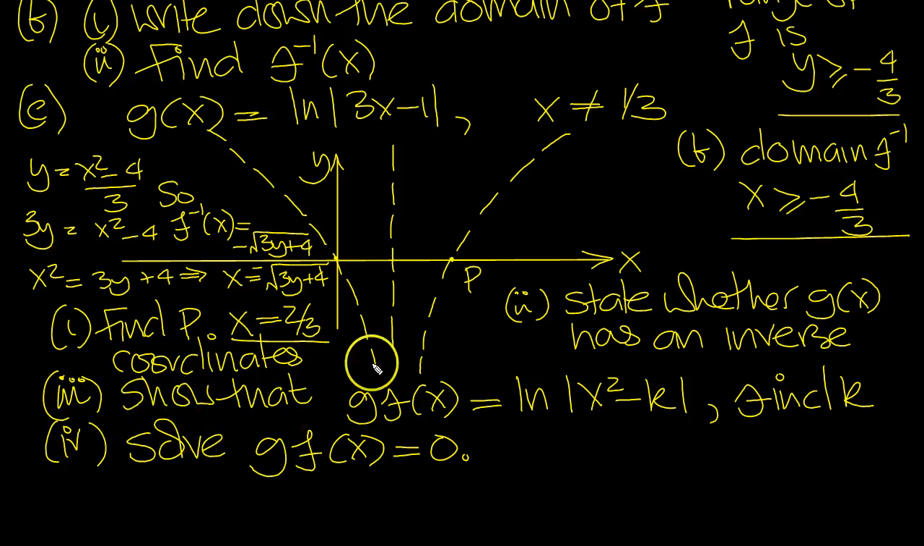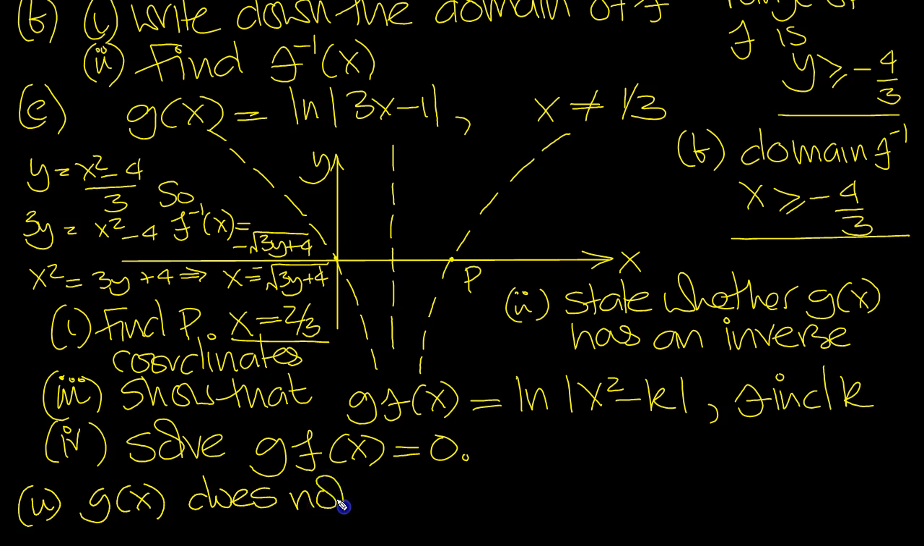Part 2: state whether g of x has an inverse, and give a reason. It said that, didn't it? So part 2, g of x does not have an inverse. Give a reason, since